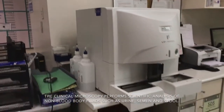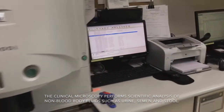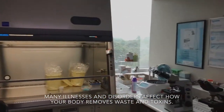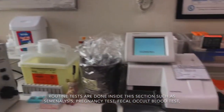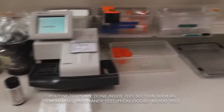Clinical microscopy performs scientific analysis of non-blood body fluids such as urine, semen, and stool. Many illnesses and disorders affect how your body removes waste and toxins. Routine tests are done inside these sections such as seminalysis, pregnancy test, fecal occult blood test,